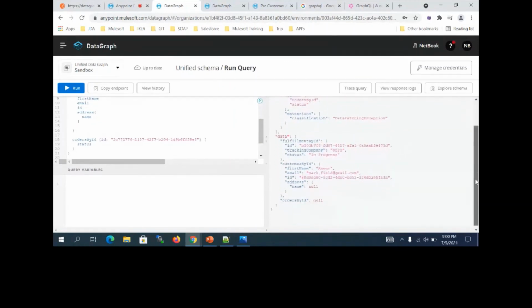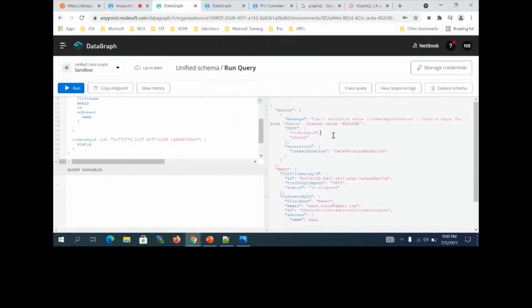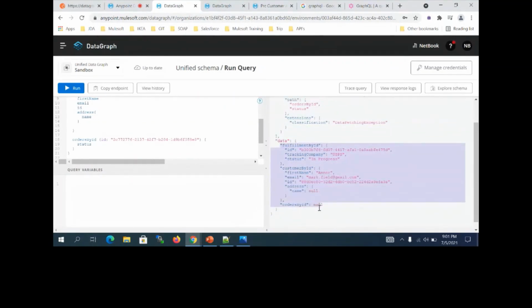I think it is completely giving an error. That is also a new thing for me. So you can see it is going to return the errors as well as whatever API data you are accessing. That means the failed details are going to show under errors. Under data, the successful calls' data is going to return.